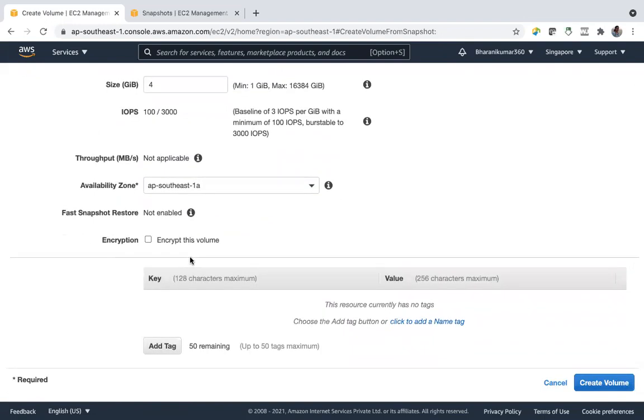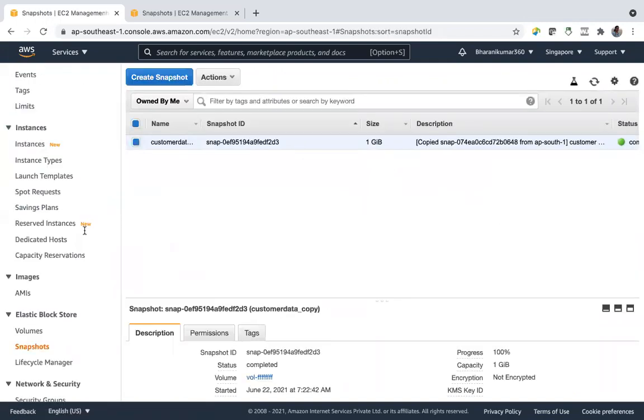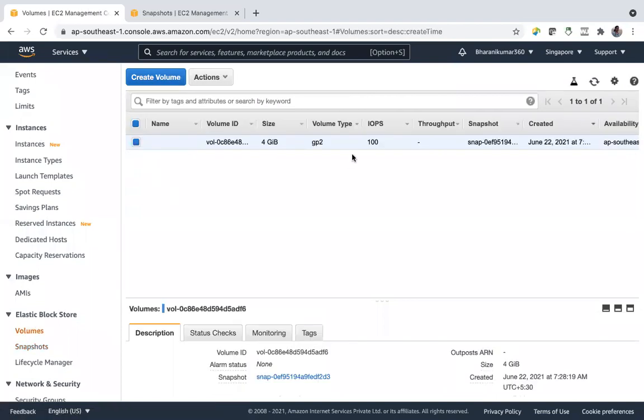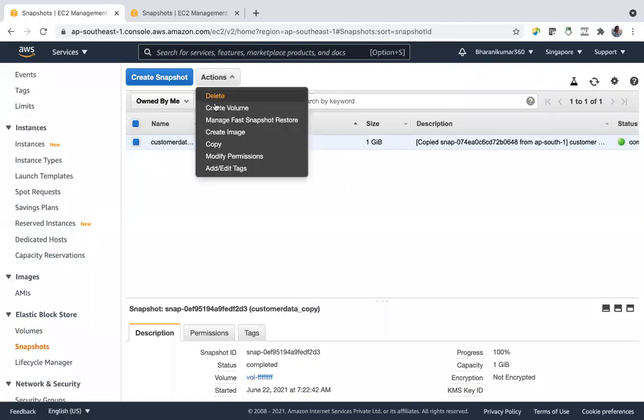Okay. Create volume, right? My volume is ready. Now I can delete my snapshot. Why? Because snapshot cost is more compared with your EBS. They are movable EBS copies. That's why normal EBS charge is not billed for snapshots. So delete your snapshot. My volume is getting ready, available. I'll delete my snapshot.